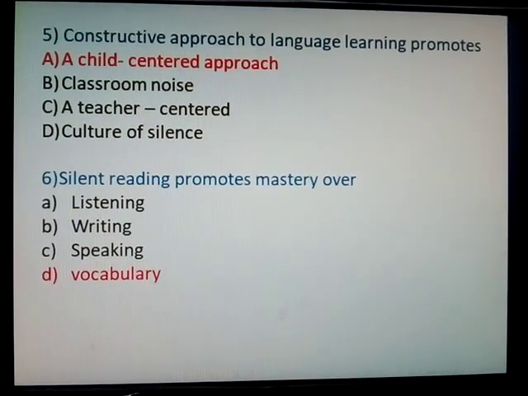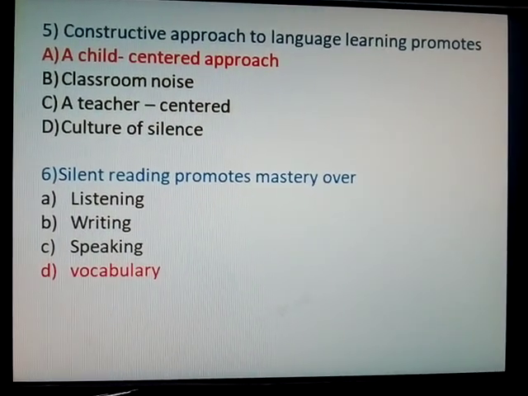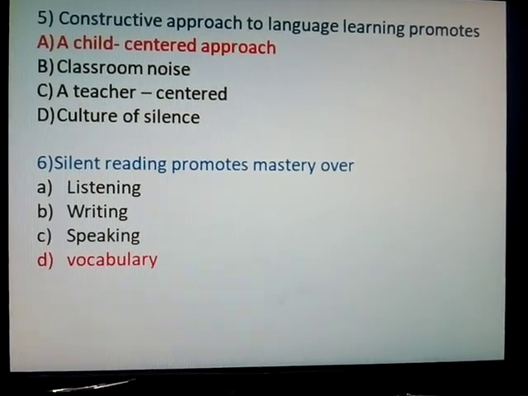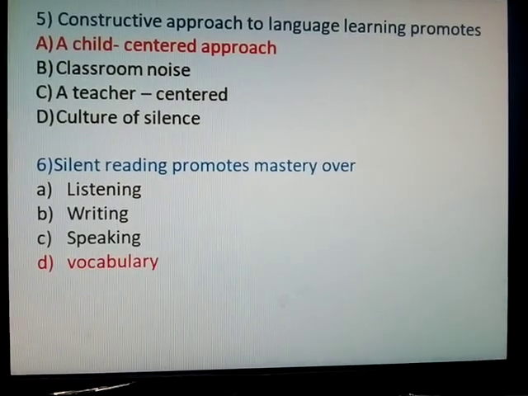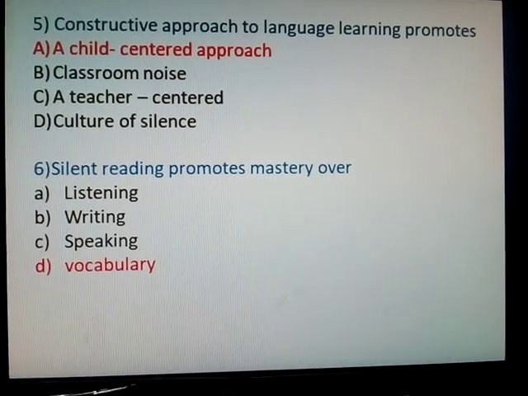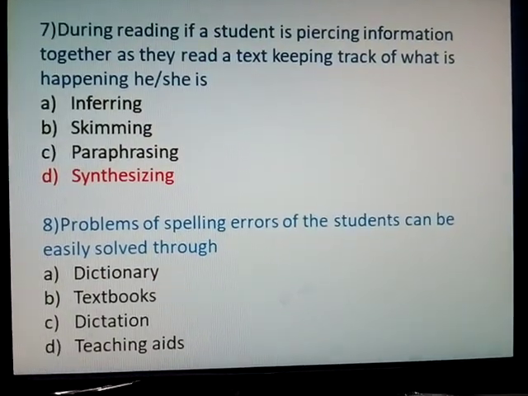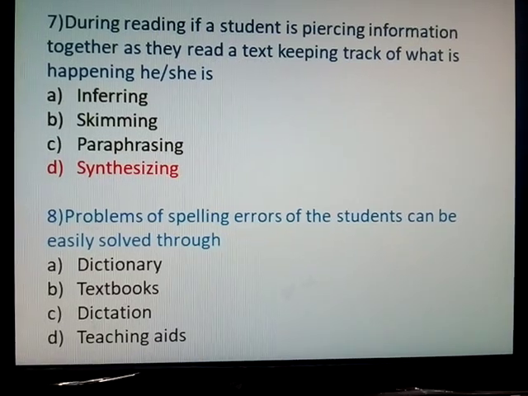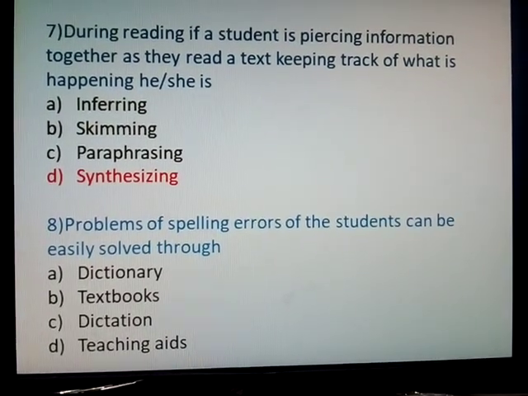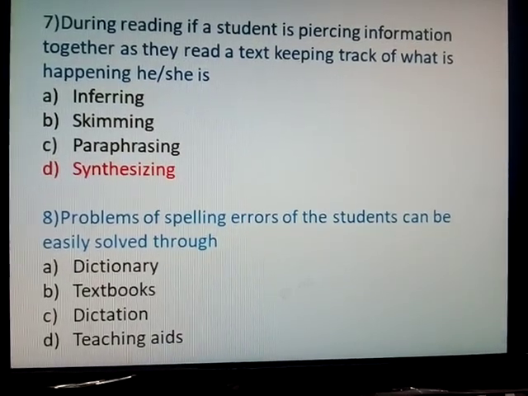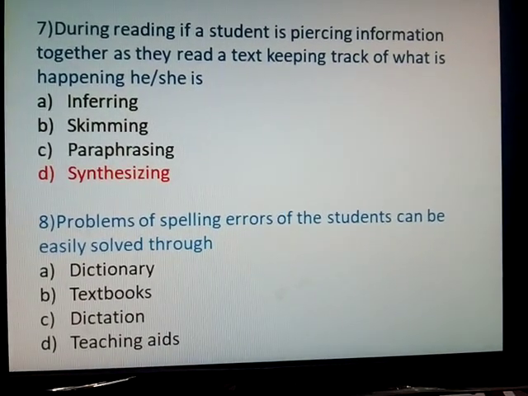Constructive approaches to language learning promote, answer A, a child-centered approach. Silent reading promotes mastery over, answer D, vocabulary. During reading, if a student is putting information together as they read a text, keeping track of what is happening,